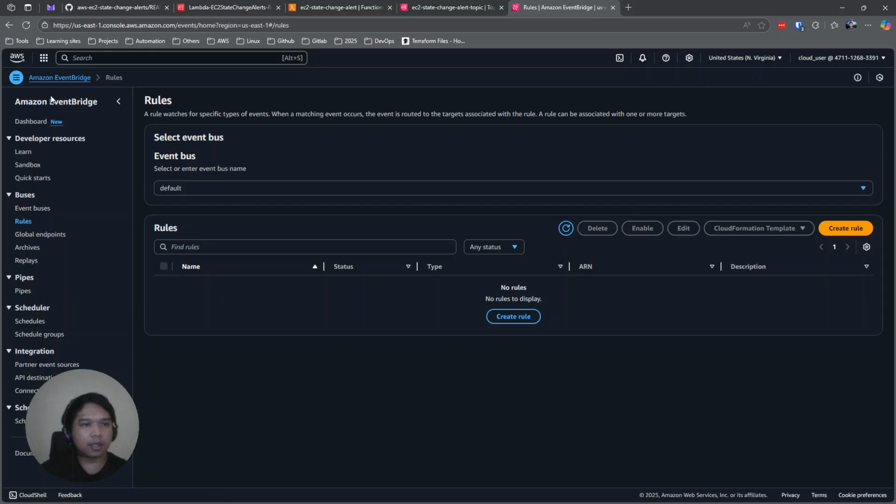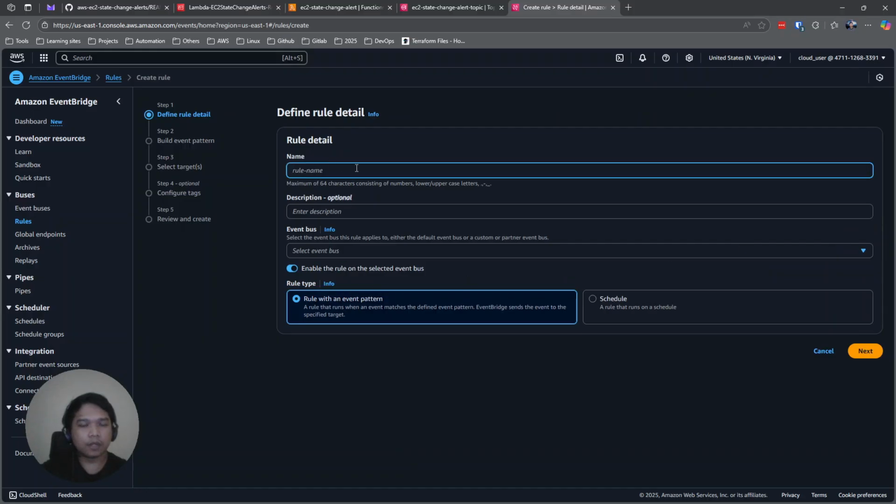We are here on EventBridge and we're just going to look for rules and then create rule. The rule name will be EC2 state change rule. Description is optional, we can skip that. And next.